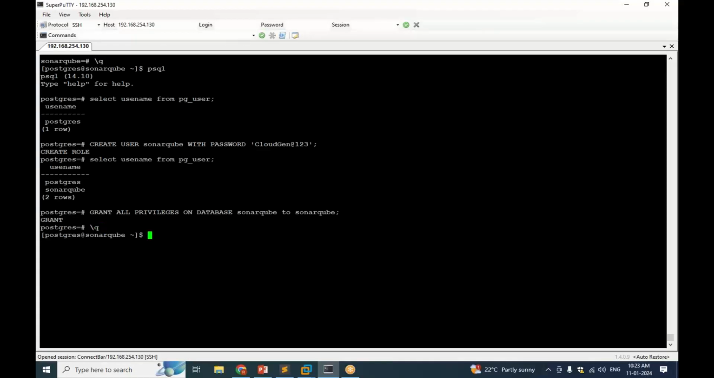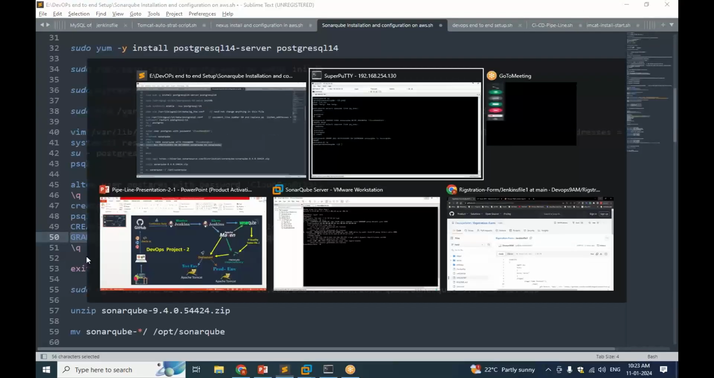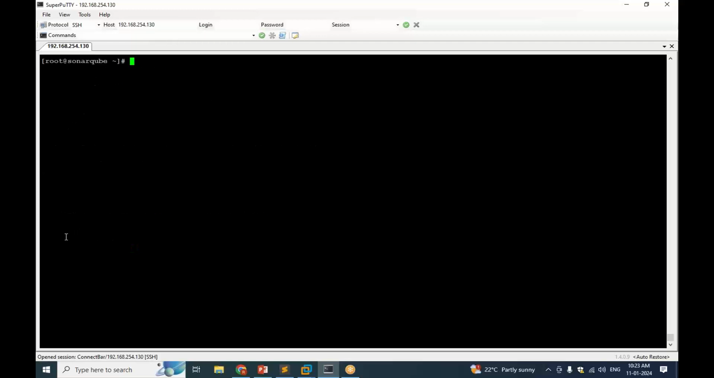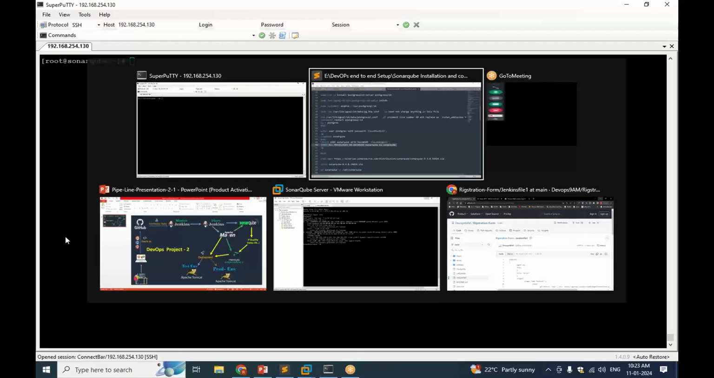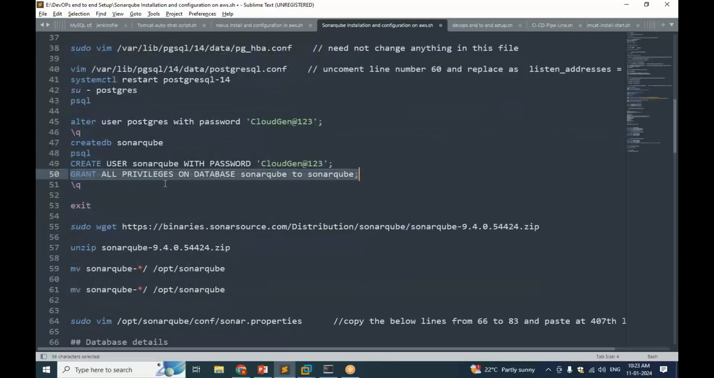Now applying \q, we are quitting from the database and exiting from the postgres user. Presently we are still in the postgres user. Once we exit from postgres, we'll be in the root user. Now see guys, this is the process for installing, creating a user, giving access to the user, and listing the users in PostgreSQL. Successfully we have installed and configured